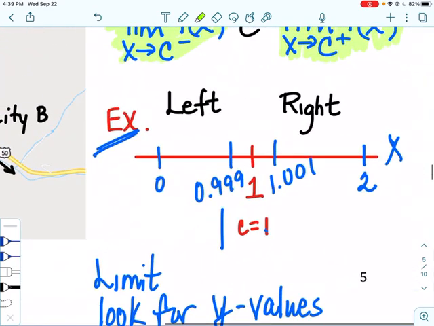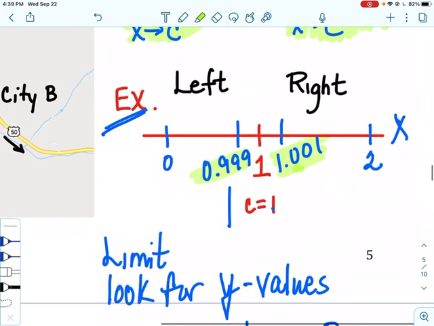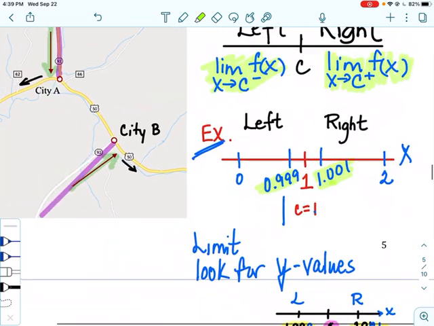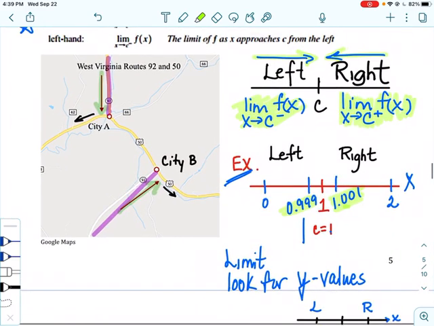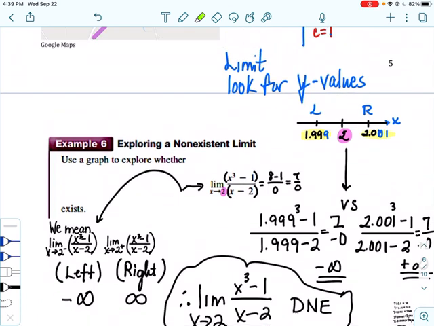I'm just going to go through these pretty quickly, but to do a numerical analysis, there are times where, if we're taking the limit as x approaches 1, c is equal to 1, we might pick numbers very close to 1, such as 0.999 or 1.001, to get a good idea what's going on. And when you have a calculator, that helps out, especially if the algebraic method is failing you. Okay, so remember that a limit,